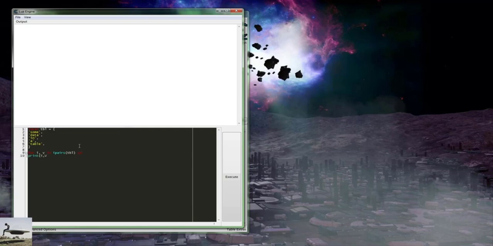print i comma v. And that's even something, because there's 100 different coding styles in Lua, and there's nothing wrong with any of them. Some people like to use the semicolons at the end. I don't care for it because it's not needed, unless you're trying to do things on single lines, because you can do that. But at any rate, we can run this real quick,